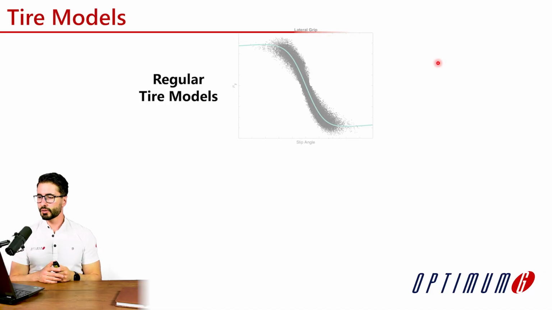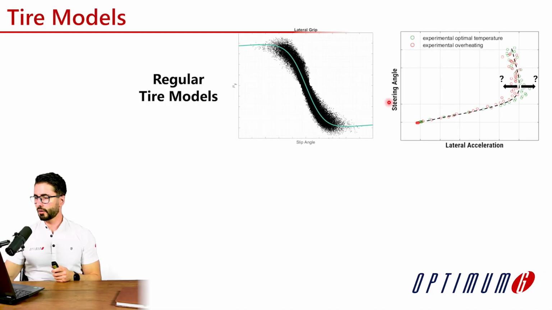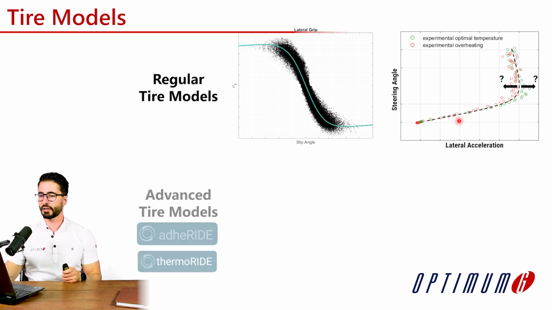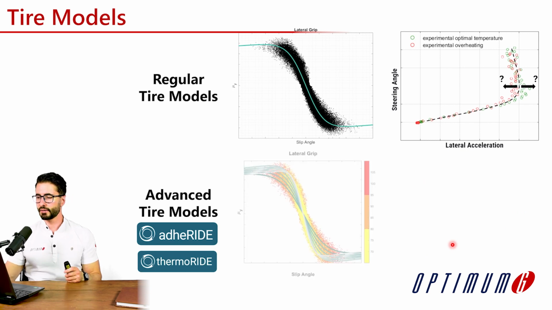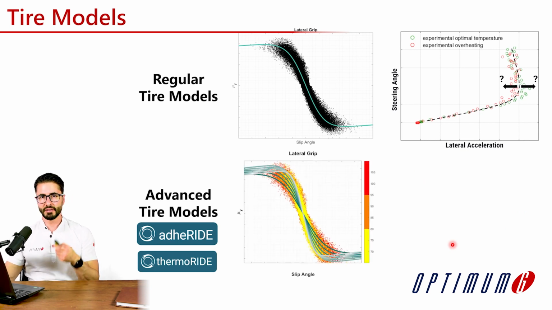So what are the advantages of using an advanced tire model compared to a regular tire model? With regular tire models, if we look at a curve of steering angle versus lateral acceleration, for an overheating situation in red and another situation at ideal temperature, the model would give you the same result. So if your tire is overheating or not, you're gonna get the same results, meaning that you cannot do any temperature analysis. By using advanced tire models such as AddyRide and ThermalRide, we are able to quantify the difference between